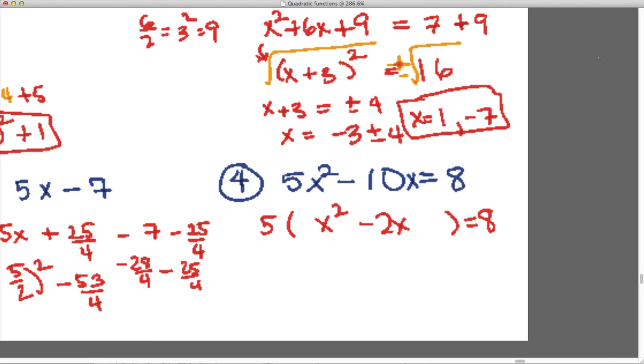So half of negative 2 squared is going to be negative 1 squared is plus 1. But I didn't actually add a plus 1. I added 5 times plus 1 because of this 5 says multiply everything inside. So 5 times plus 1 is 5. So if I do one thing to one side, I got to do the same exact thing to the other side. So then this can be rewritten as 5